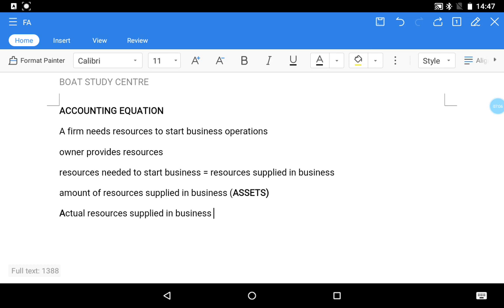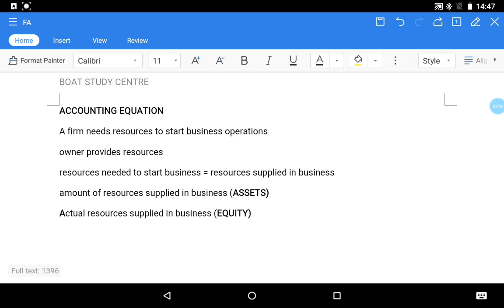So we can call it equity. In short, when you have resources in the business, they are considered as assets. Then on the side of the owner, the person who has brought in those resources,